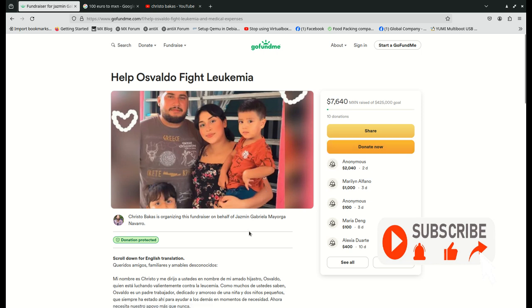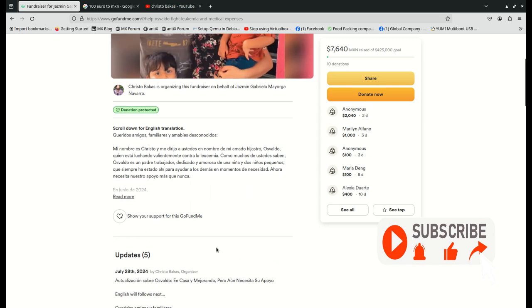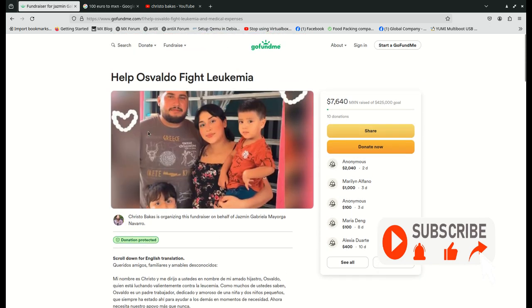Another thing I want to explain here: Jasmine Gabriela is his sister. She's managing the transactions from here, just because Osvaldo is dealing with the treatments and doesn't have the time, and sometimes the energy, to go out and deal with the transactions.